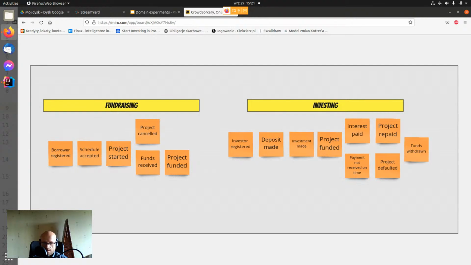But right now I'm going to show you the result of finding processes here, and it might look like this. We found out there are two main processes in our system. The first one is fundraising, and the second one is investing. Yeah, fundraising, when someone wants to actually start a project, gather funds for it, and investing when an investor wants to invest in the projects, right? So these are two different processes, and for the needs of this presentation, I'm going to focus just on the